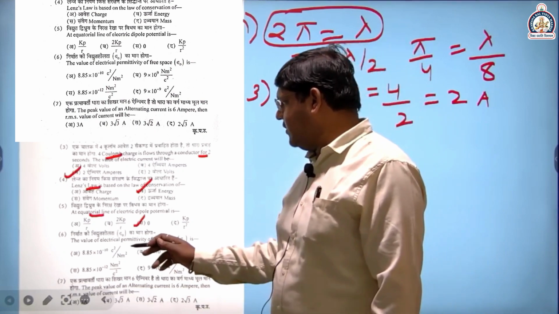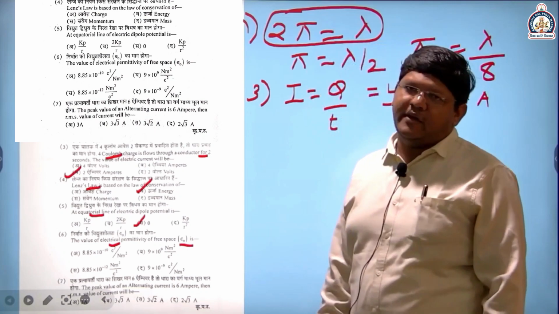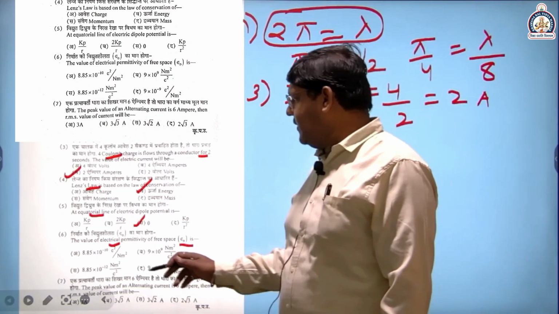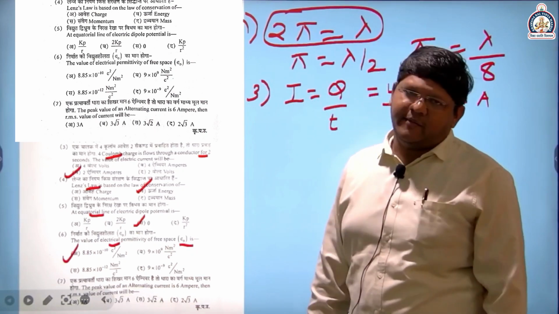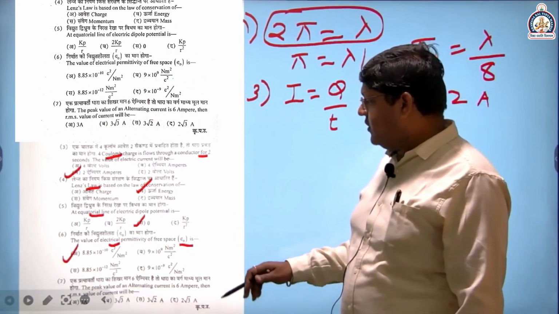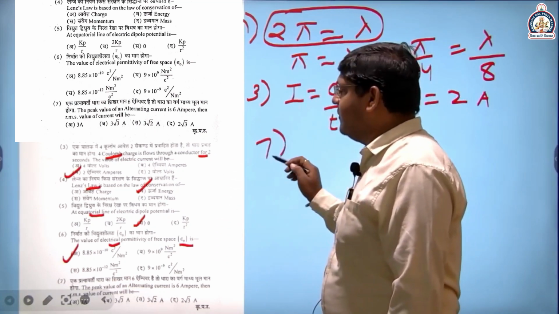Moving to the next question, the value of electrical permittivity E naught. We have to calculate the value of E naught. The value of E naught comes out to be 8.85 into 10 to the power minus 12. Okay. Moving to the next question. The next question is related to alternating current. The question is